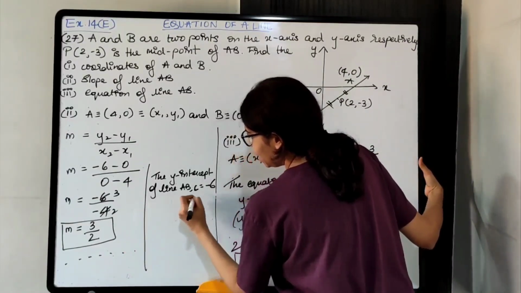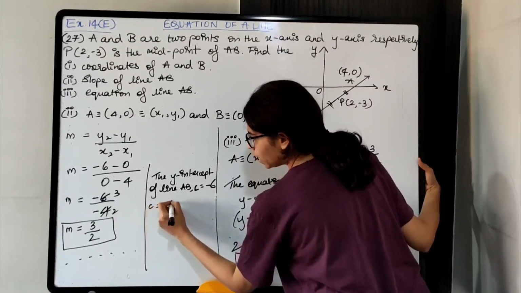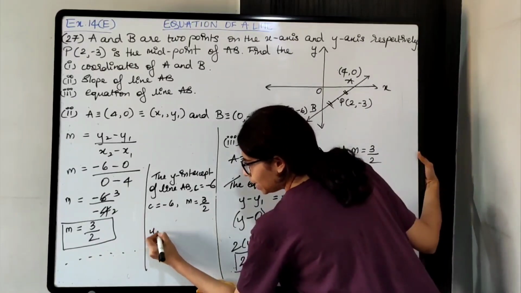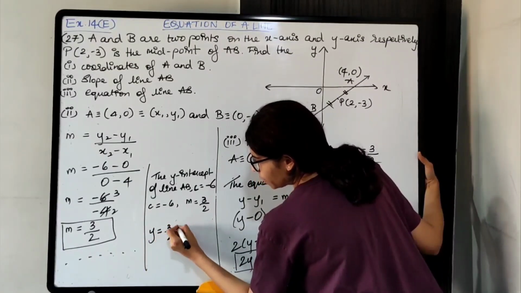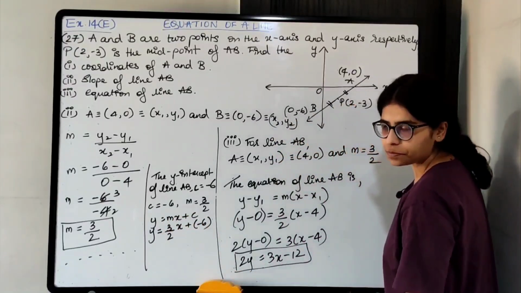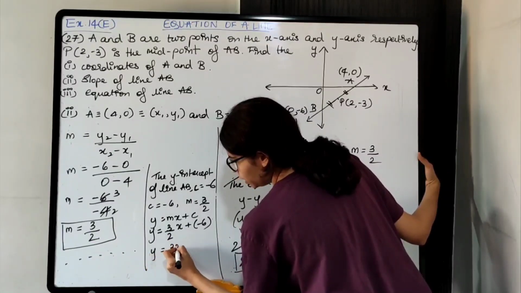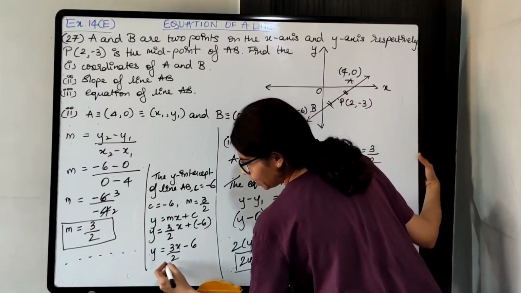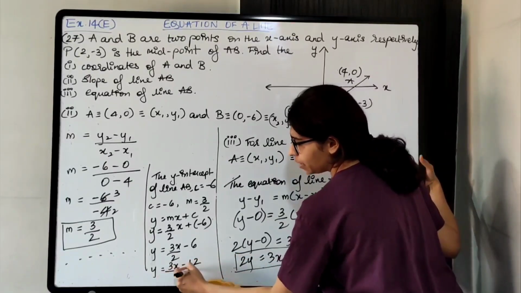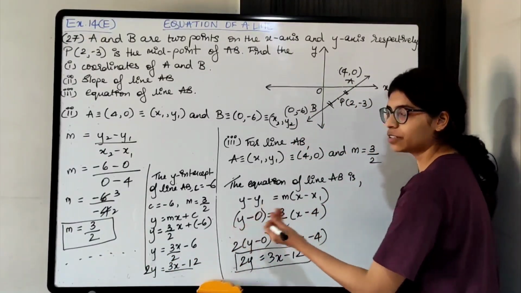नाउ फॉर लाइन AB, अगेन यू राइट डाउन द सेम डेटा. ऑल राइट. सो फॉर लाइन AB वी हैव c equals to -6 and m equals to 3 by 2. यहाँ पे पॉइंट का कोऑर्डिनेट्स रिक्वायर्ड नहीं है. ओके. सो y is equal to 3 by 2 x plus -6. y equals to mx plus c फॉर्मूला यूज कर रहे हैं. ओके. सो यू विल टेक LCM फर्स्ट एक्चुअली. सो y is equal to 3x by 2 minus 12 by 2. 2 को शिफ्ट करो, so it will become 2y is equal to 3x minus 12. Okay. So whichever method you find easy, you can use that.